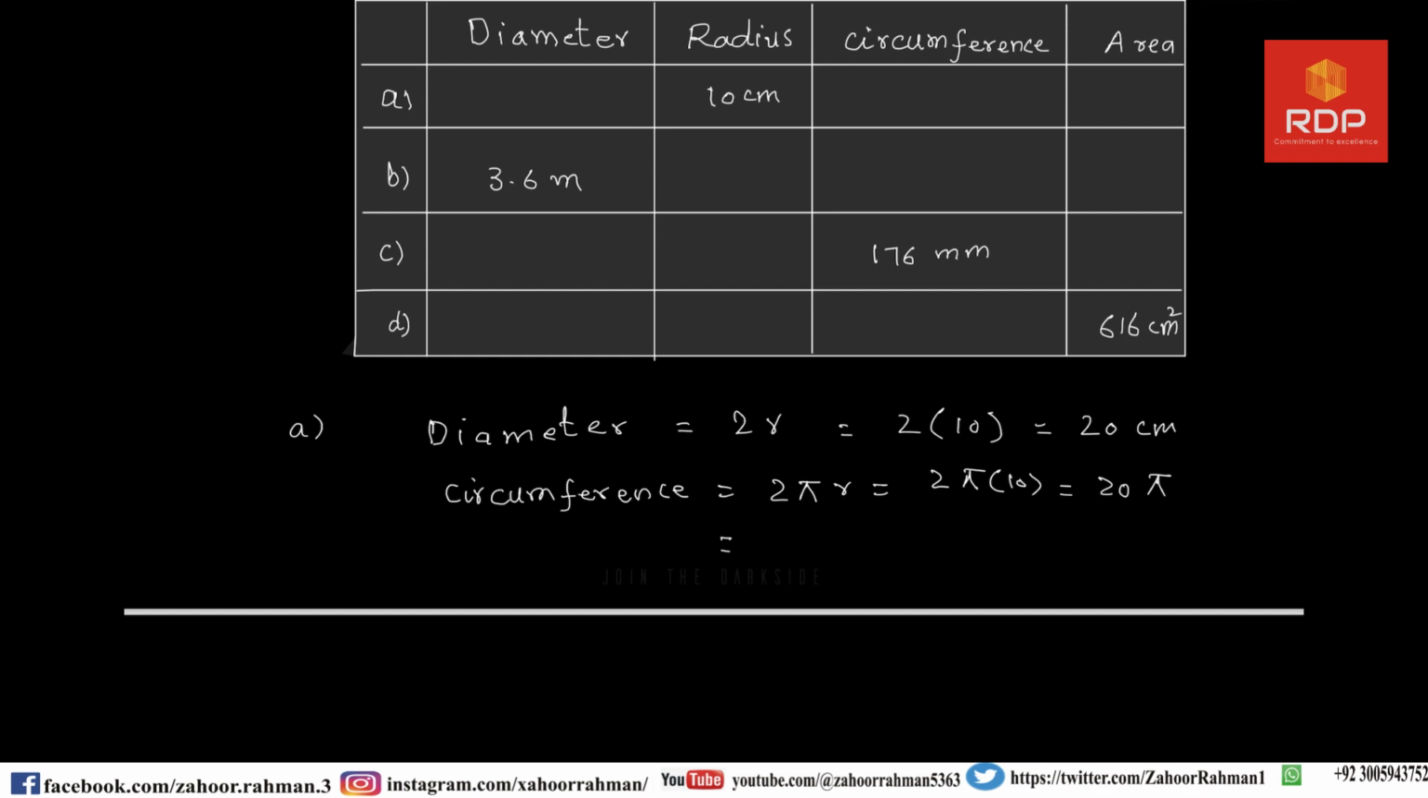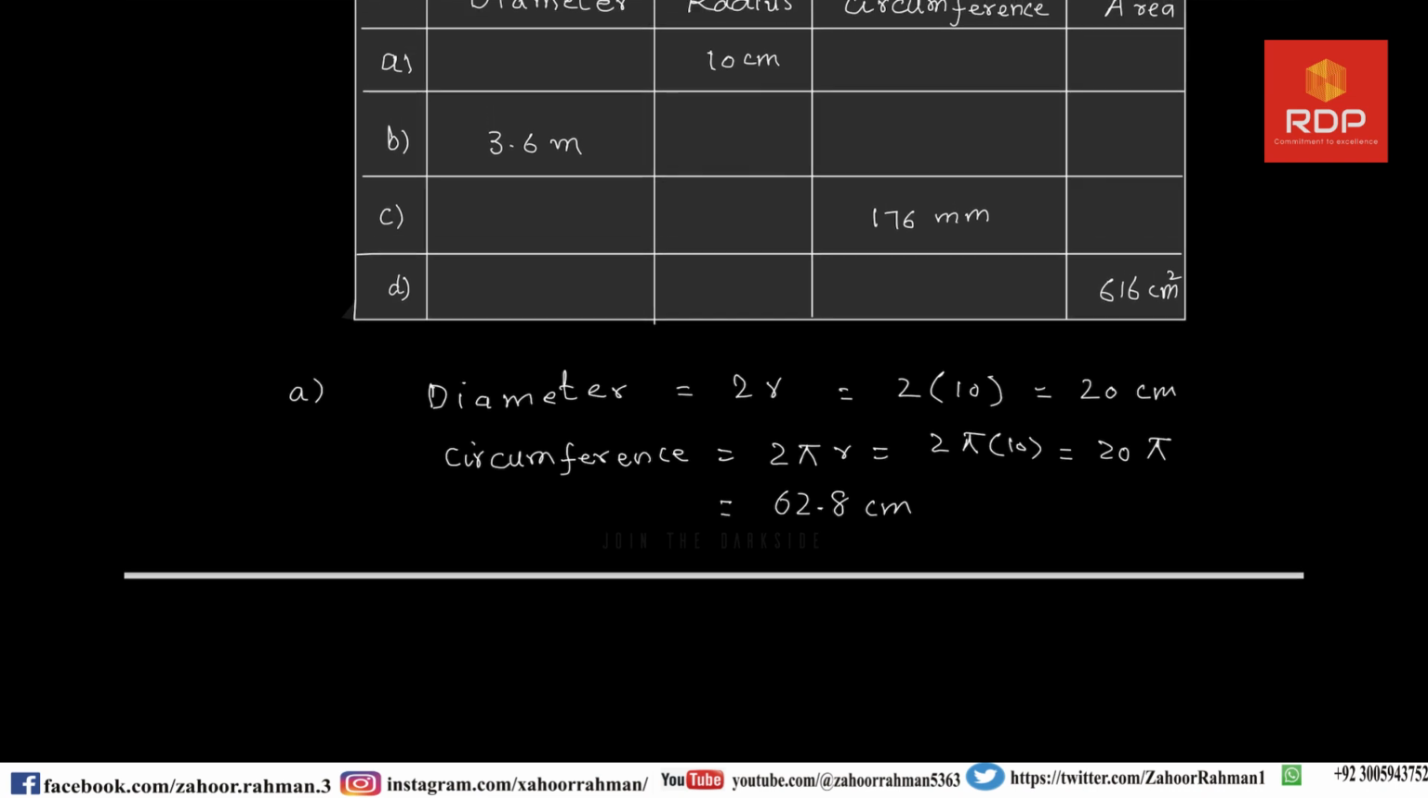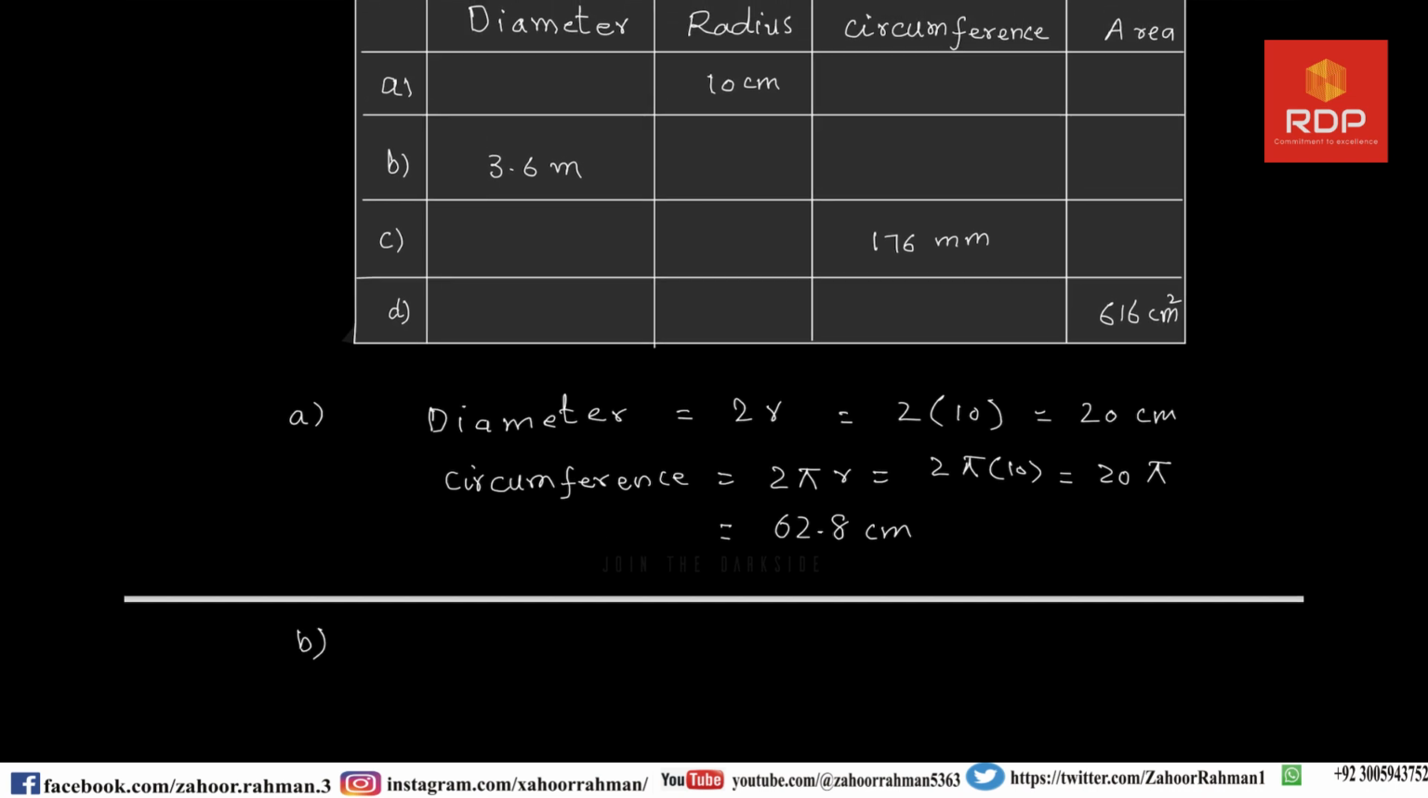And when we put the value of pi to be 3.14159, we will get the answer 62.8 centimeter. Now let us do part number B, in which we have